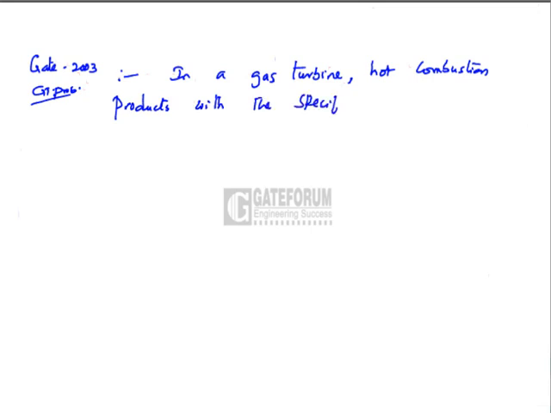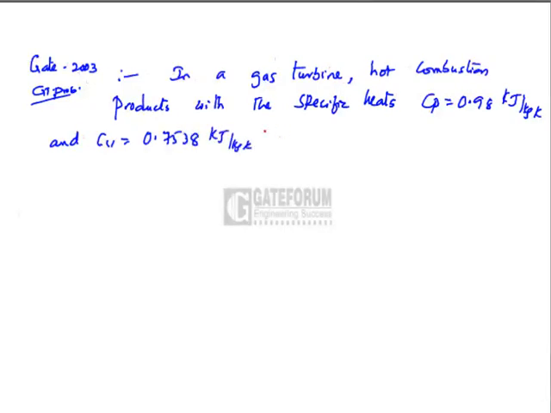In a gas turbine, hot combustion products with the specific heats Cp equal to 0.98 kilojoule per kg Kelvin and Cv equal to 0.7538 kilojoule per kg Kelvin